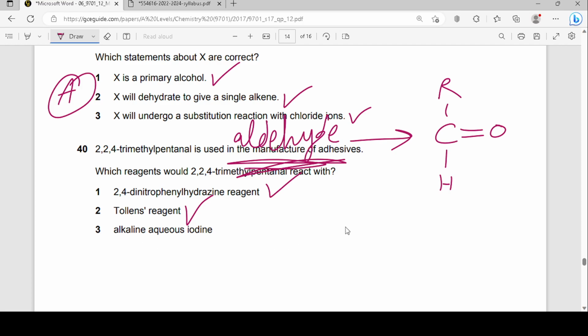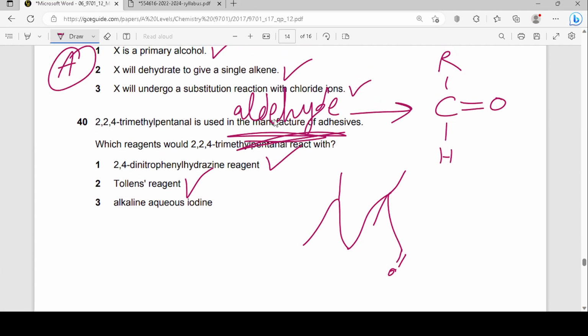And alkaline aqueous iodine. So for that, I'll draw out this molecule, pentane now. And one, two, two, and one, two, three, four, four, trimethyl pentanal. I suppose that's how it looks like. And so would it react with alkaline aqueous iodine? Well, alkaline aqueous iodine is the test for methyl ketones, or secondary alcohols with adjacent methyl groups. But also it would give a positive test for some other things, for example,